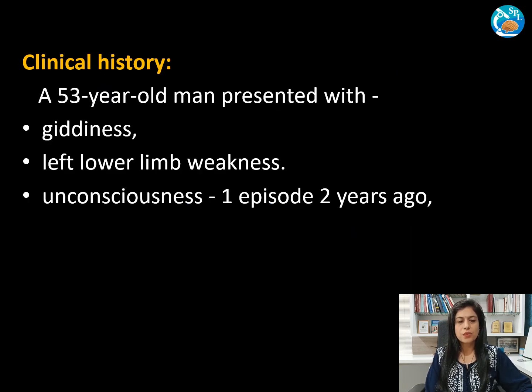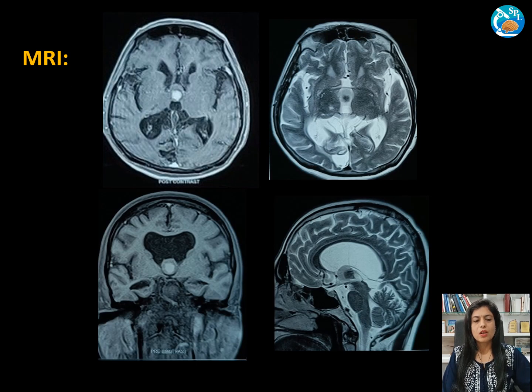This is a case of a 53-year-old man who presented with giddiness, left lower limb weakness, and an episode of unconsciousness 2 years ago. His MRI was done, which revealed a well-defined altered signal intensity lesion measuring 1.9 x 1.5 x 1.8 centimeters at the level of the foramen of Monro, causing its obstruction and leading to upstream dilatation of the